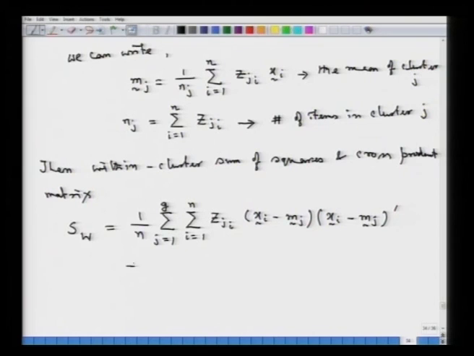Right. So, this is also called the pooled within cluster scatter matrix,